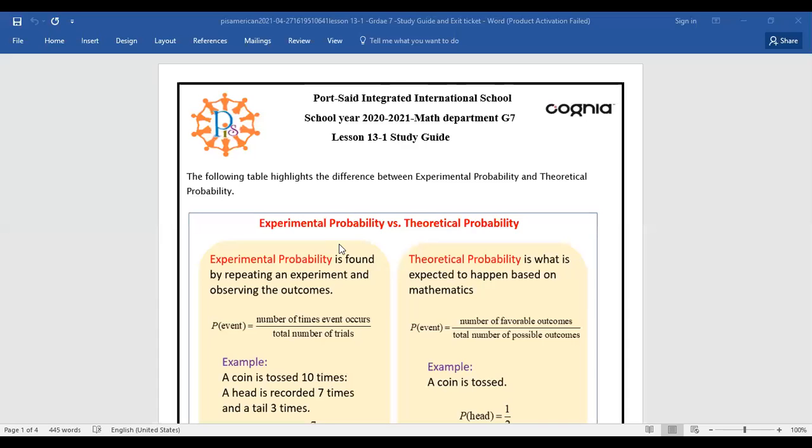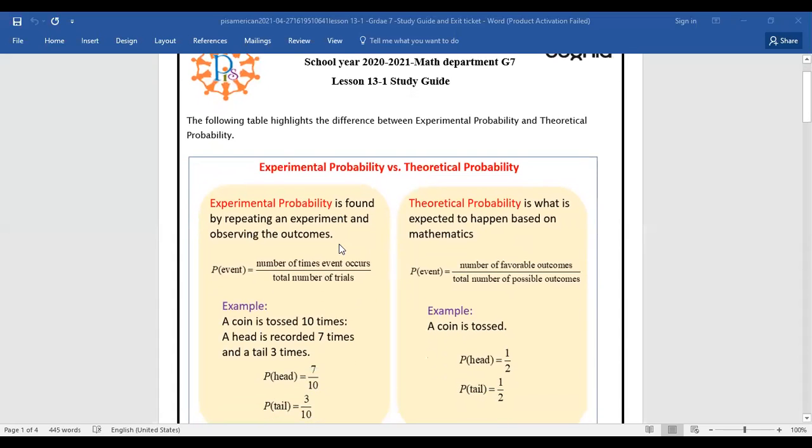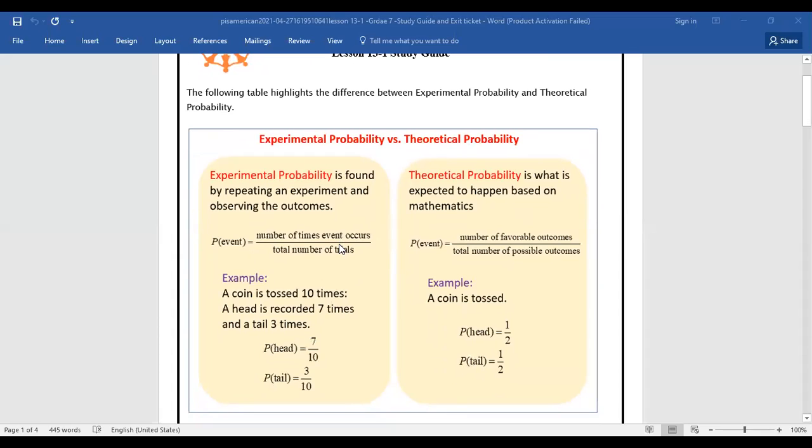To know the difference between experimental and theoretical probability. In the following table, we will highlight the difference between experimental probability and theoretical probability. So we will start to compare according to the definition. The experimental probability is found by repeating an experiment and observing the outcomes. So you have to make an actual experiment and then observe or write